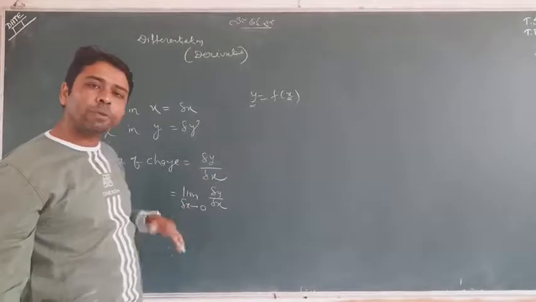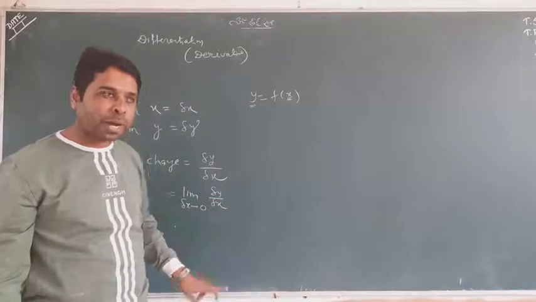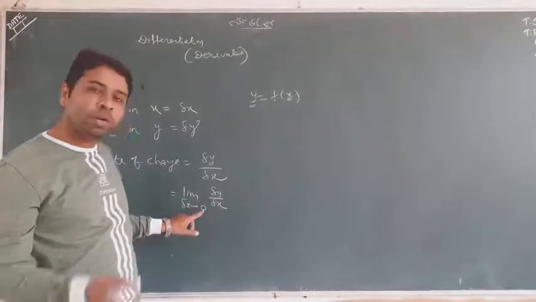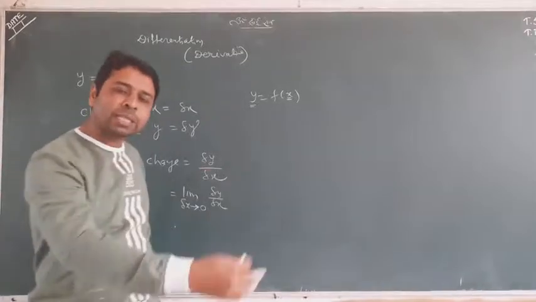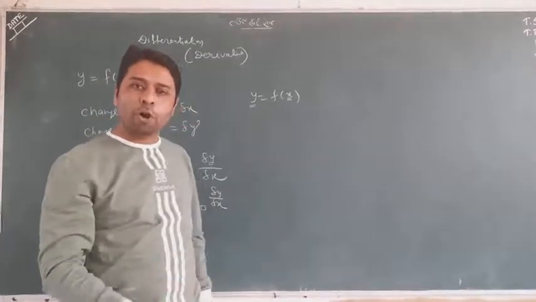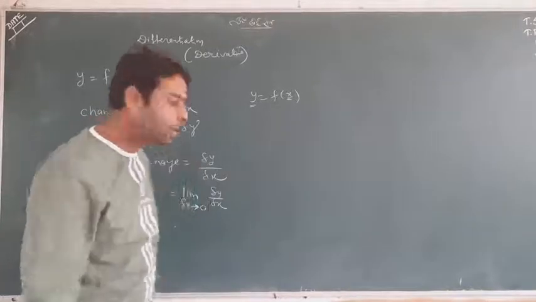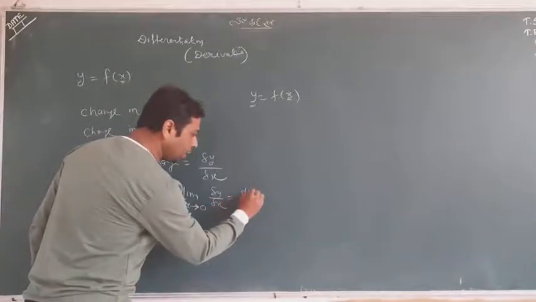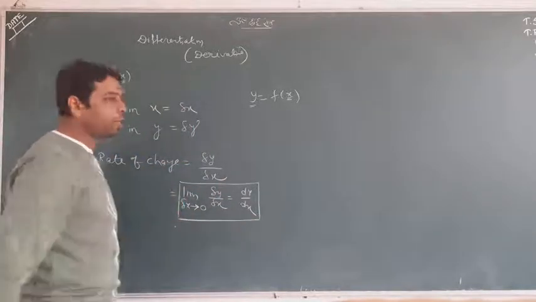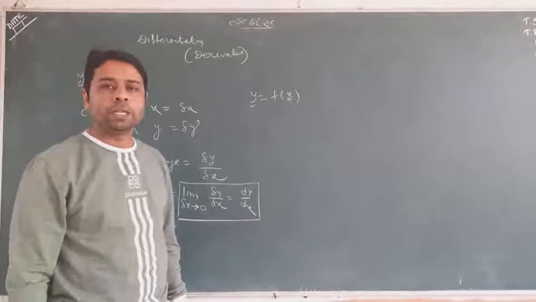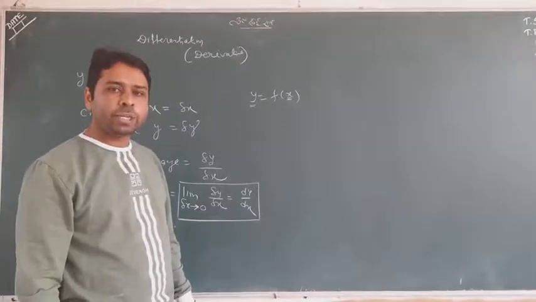When this change is going to be very small, that instant change can be expressed by del x tends to 0. It is not equal to 0, but it is tending to 0. When del x is very small, meaning the change is very small, the whole rate is called differentiation, and this differentiation is called dy by dx. So this is the major thing which should come to your mind, student. Don't worry about the sentences, it will come to your mind slowly.